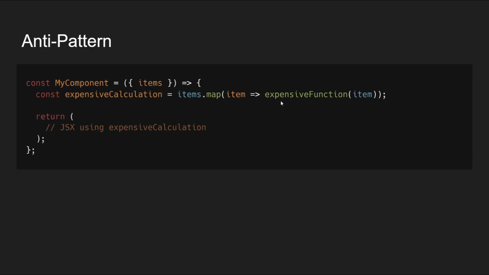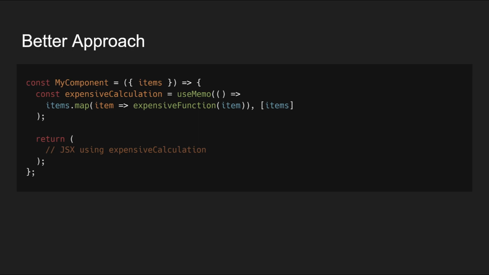is expensive to execute. The better approach is to encapsulate the function within useMemo, so that when the same item appears again as an argument, then the cached result is going to be returned instead of the expensive function